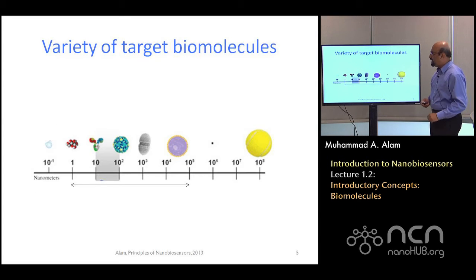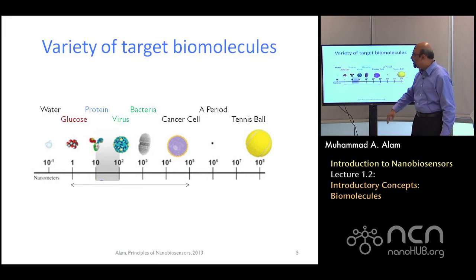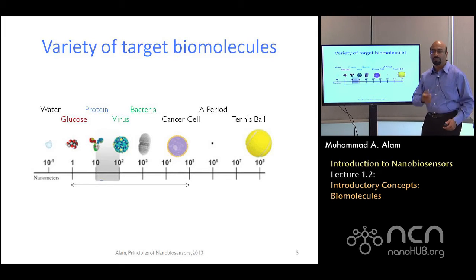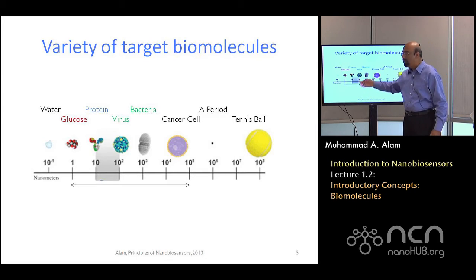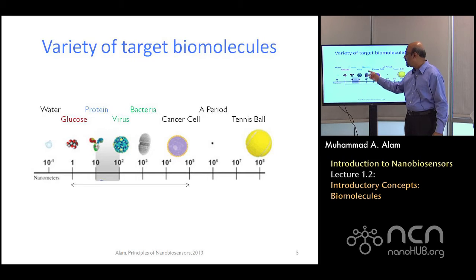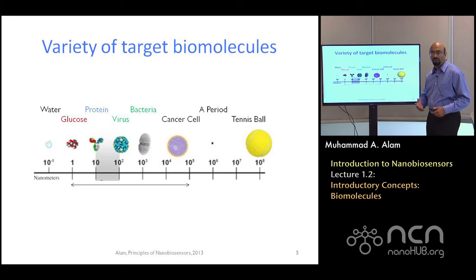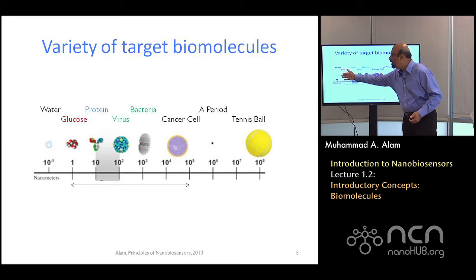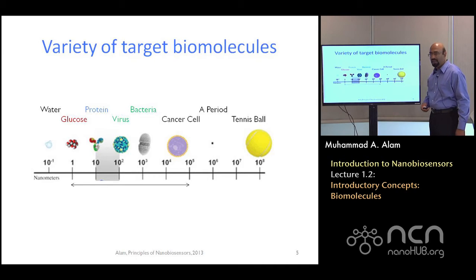So just to give you an idea about how small and big things are in these particular structures. For example, glucose molecules will be about a nanometer. The protein molecules that we'll be talking about are in the order of 10-20 nanometers. Viruses and bacteria are somewhat larger. A virus could be 100 nanometers, and a bacteria about a micron or a couple of microns. Of course, there are other molecules which are much bigger. We'll not be considering that. Smaller molecules also are not something that we'll discuss.